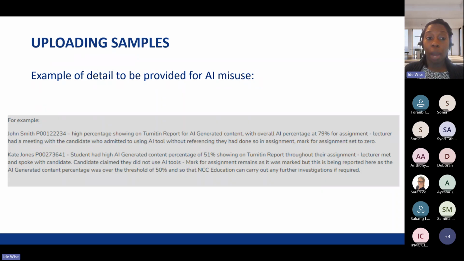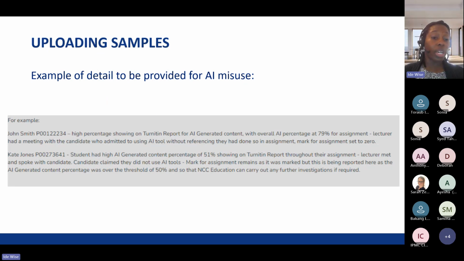If you're unsure about our processes about misconduct or our processes and regulations around AI misuse, please reach out to your academic standards manager this week or next week so that you do understand what we require. Because if there is more than 50%, we require you to have an investigation. The investigation may take the form of an interview or a viva with the student. And then based on that investigation, we expect that you're going to make a decision and you're going to give us the details of all that when you've answered yes.